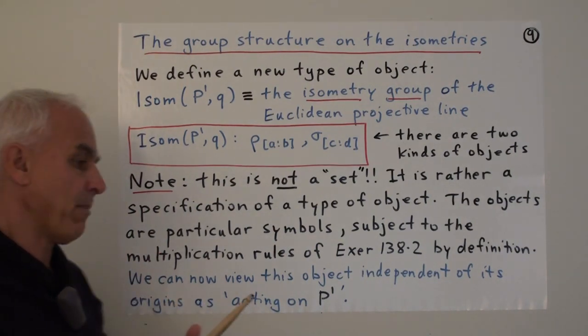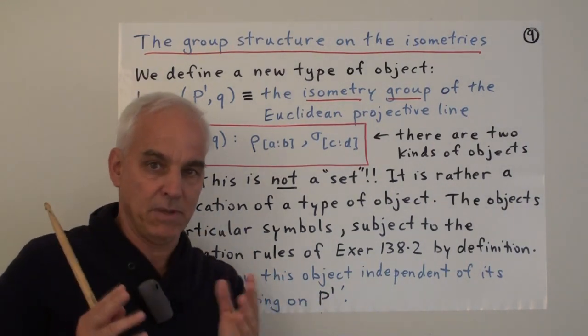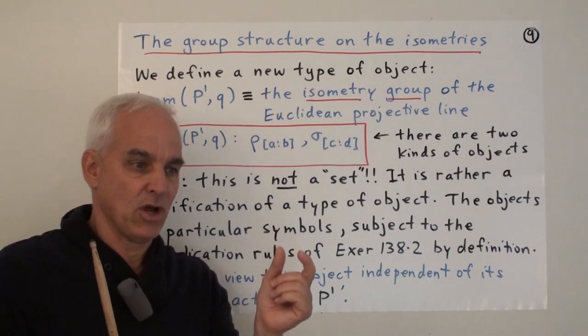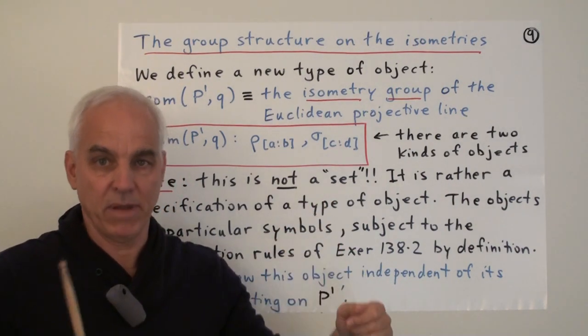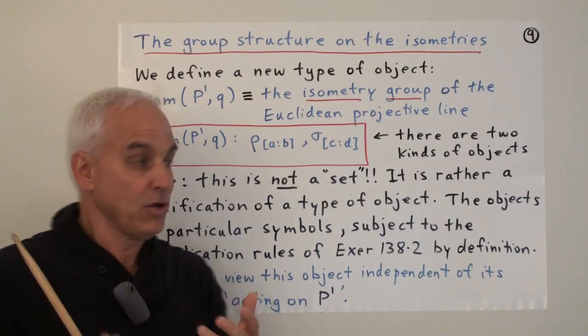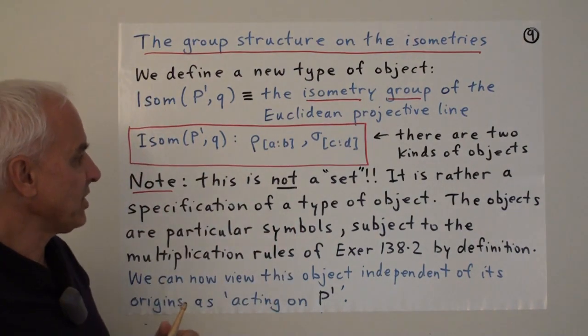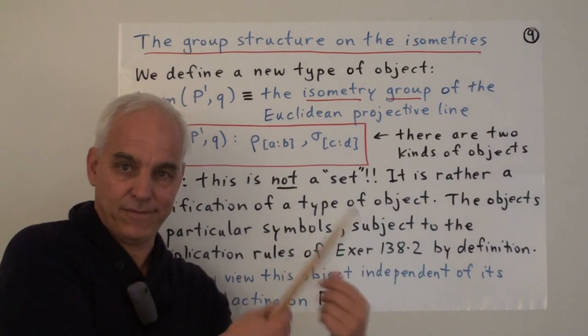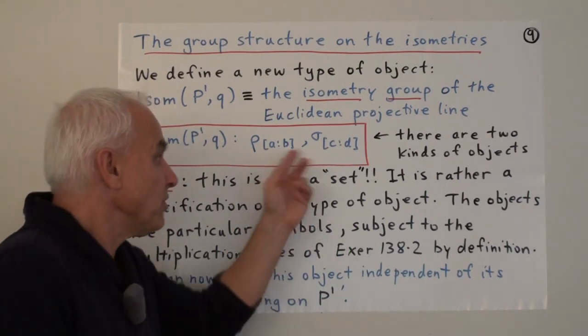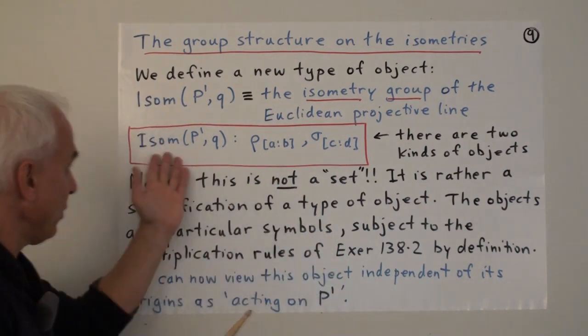So when we defined, for example, rational numbers, we talked about Rat being this sort of domain which consists of things of the form a over b. Now we're considering a new kind of object which consists of not just one kind of object, but two different kinds of objects, two different kinds of symbols, which are going to be included in this group.